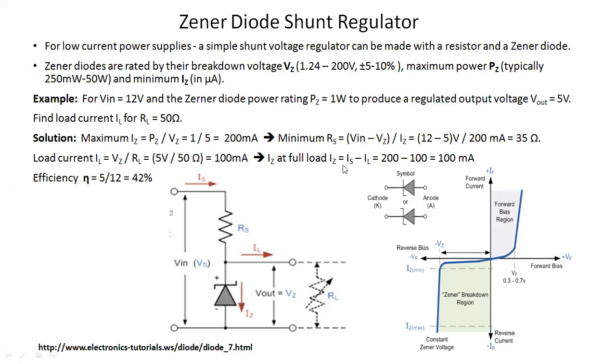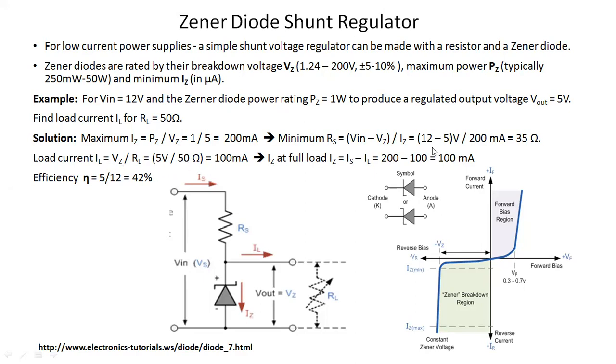So here, how can we find the value of load current? If you apply Ohm's law, you will get Vz equal to IL RL. So you can rearrange that equation to derive the value of load current. Your equation will become IL equal to Vz upon RL. Now we have the value of the Zener voltage, which is nothing but the output voltage. We have the value of RL, which is given there. Yes, they have given 50 ohm. So you can take Vz 5 volt, RL 50 ohm, and you will get the value for load current.